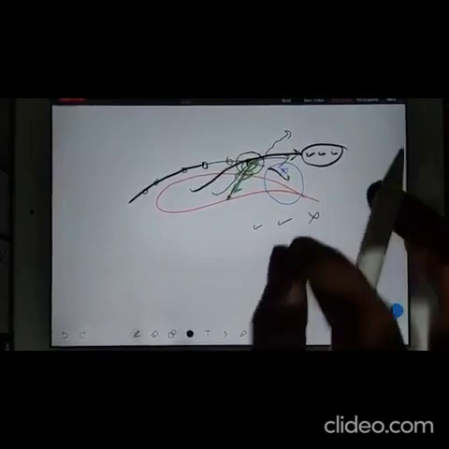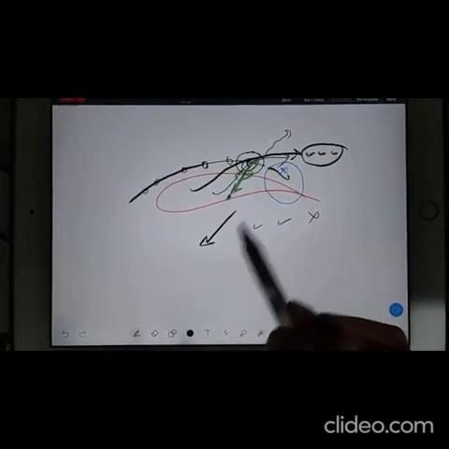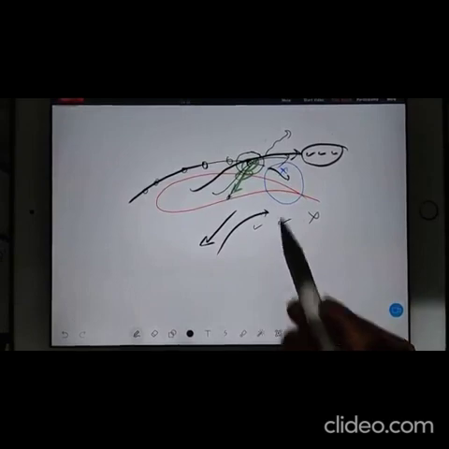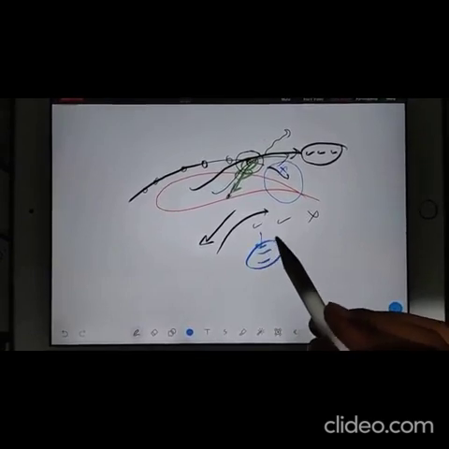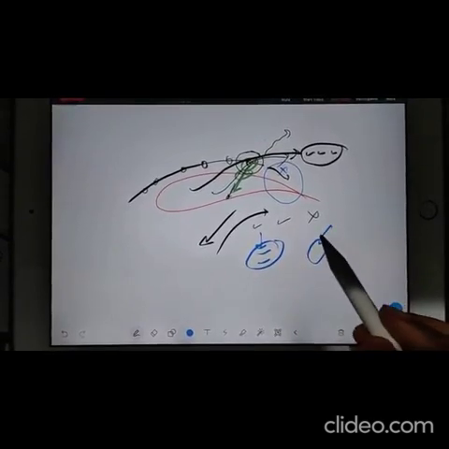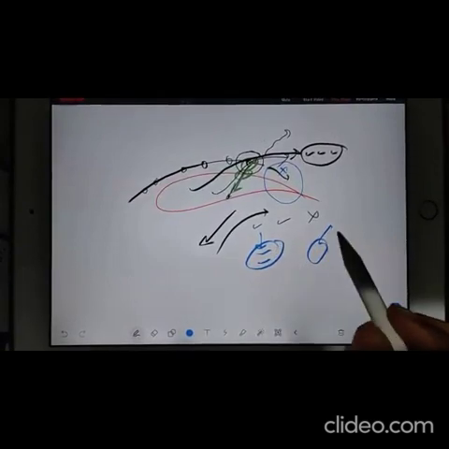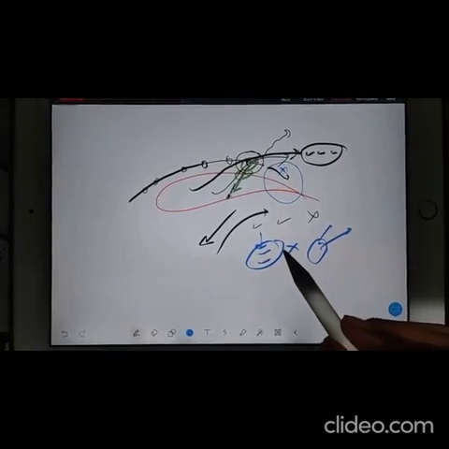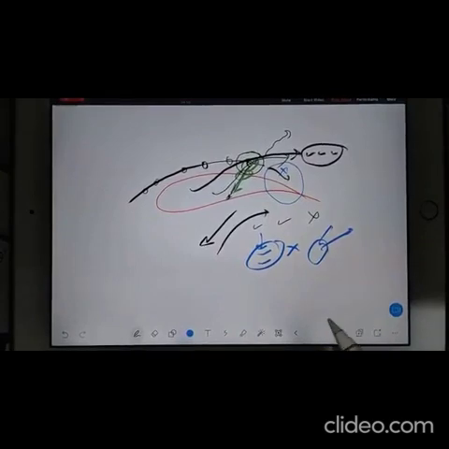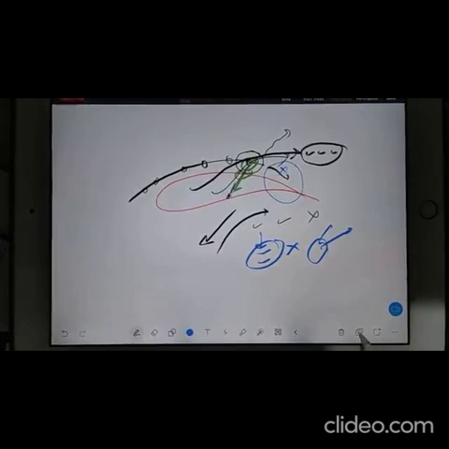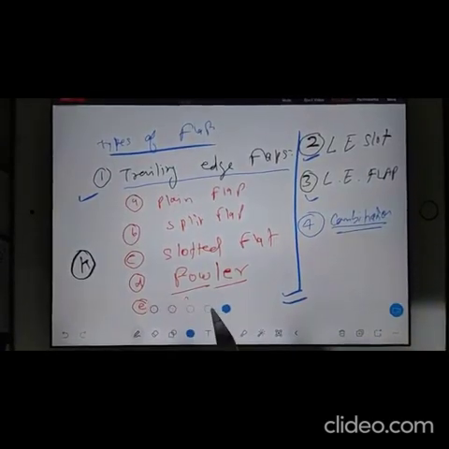It is not a big deal. It is a very simple phenomenon. Either suck the molecules, whoever is weak, or supply them extra energy. Theoretically something else is happening, but practically we approach it differently. I mean, theoretically some other way is easier, but practically we don't choose that way. We choose another one. I will explain that part properly. First we have to complete the flap. So I hope you have taken the chart. Then one by one we will understand.